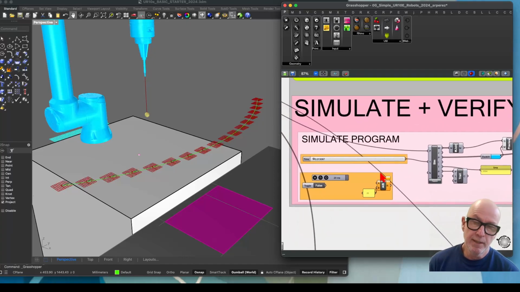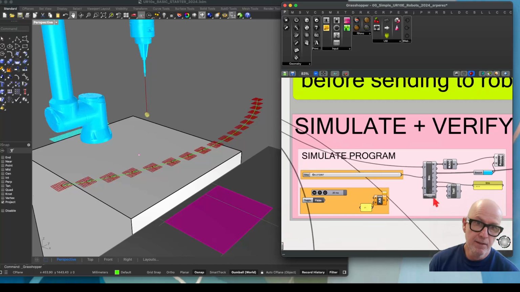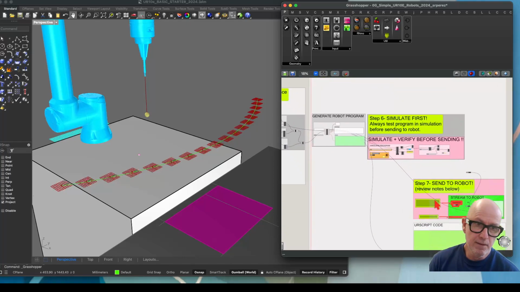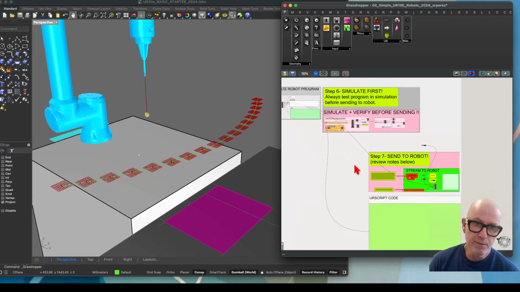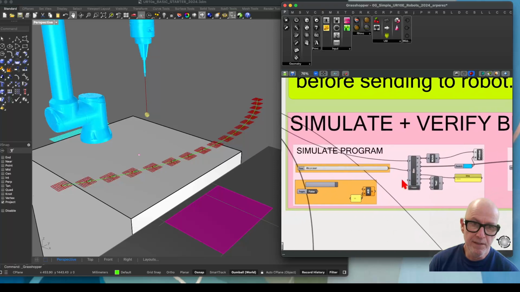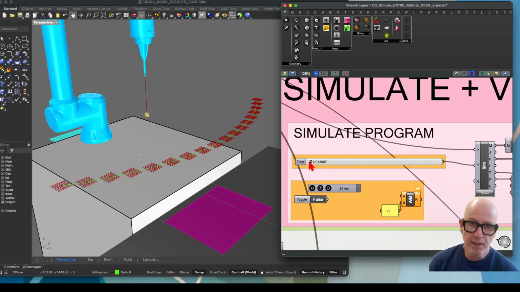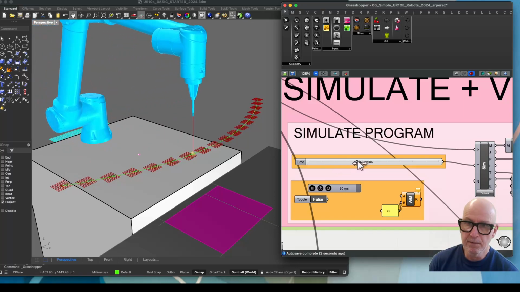You might dip below the table, or you might start to move in a direction that might hit someone that's standing nearby, and so on. So there's a lot of reasons why you want to play this back. You'll notice that the last part of our script, step 6 and step 7, is first to simulate and then to send. So if we come in here, we'll realize that you can scrub the timeline and begin watching the